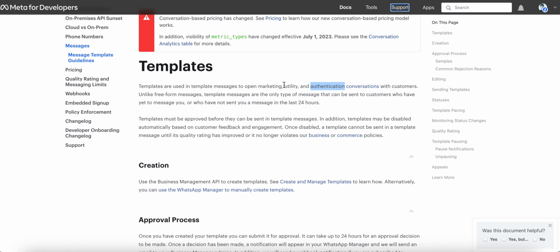When it comes to WhatsApp template messages, there are three different categories. Marketing: you can send any sort of marketing-related promotions through WhatsApp. Utility: for example, any sort of updates regarding their account. And authentication: you can send OTP codes to WhatsApp to verify any sort of actions